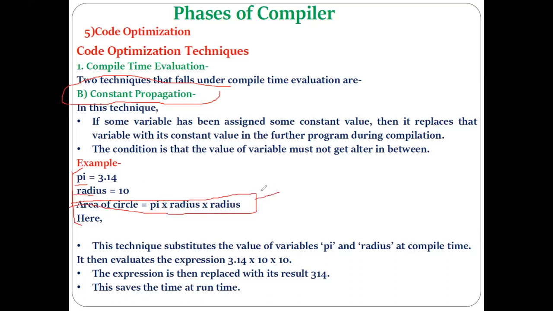Now is it possible to do the evaluation of these particular terms at the compile time only? Yes, because you know the value of pi, you know the value of radius. So it is directly possible to evaluate these terms, with the result 314. Now, if it is evaluated at the compile time only, then during the runtime there is no need to evaluate this again and again. So I have mentioned the same thing here, and this is called constant propagation. Means you are propagating this constant, using this constant in this formula here only, and doing the evaluation during the compile time.